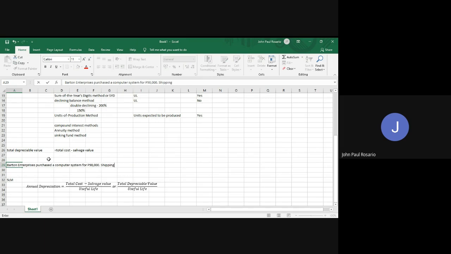Shipping charges were 1,250, and setup and programming amounted to 3,750 pesos. The system is expected to last